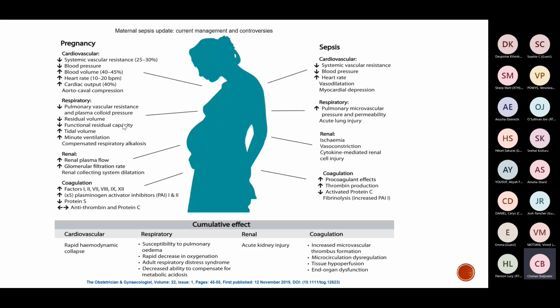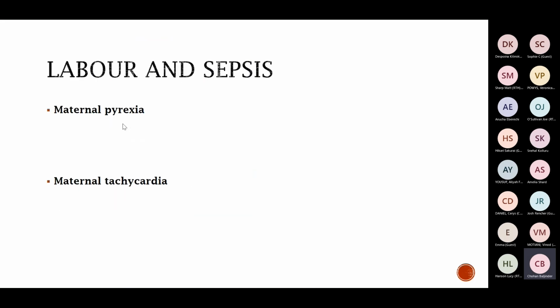Fine. So I think Vinod has already kind of alluded to this, but what can be your other causes? So you've got someone that's in labour and she's got a pyrexia or she's got a tachycardia, and we've already mentioned some of the things, but what might be going on? So what might be causing that pyrexia? Prostaglandin use? It can be, yes.